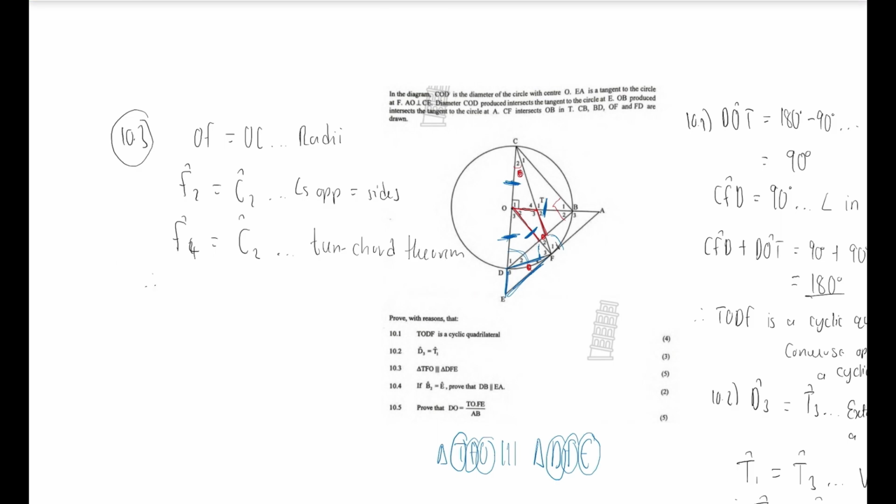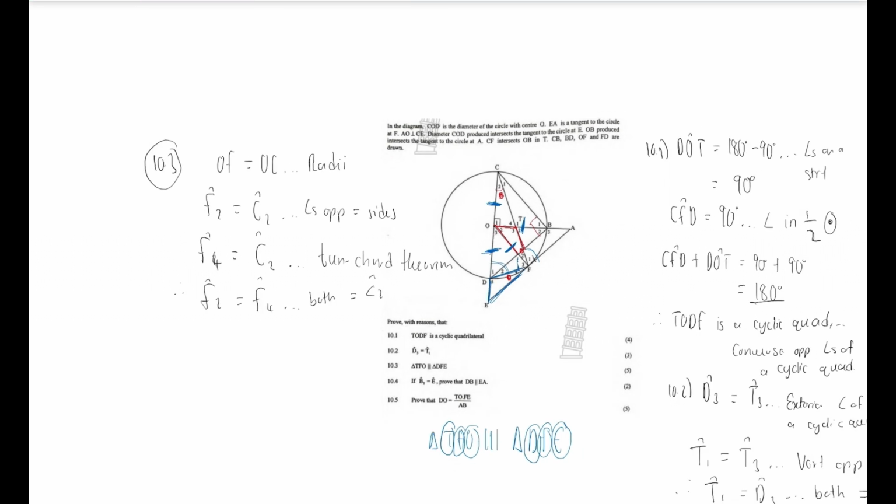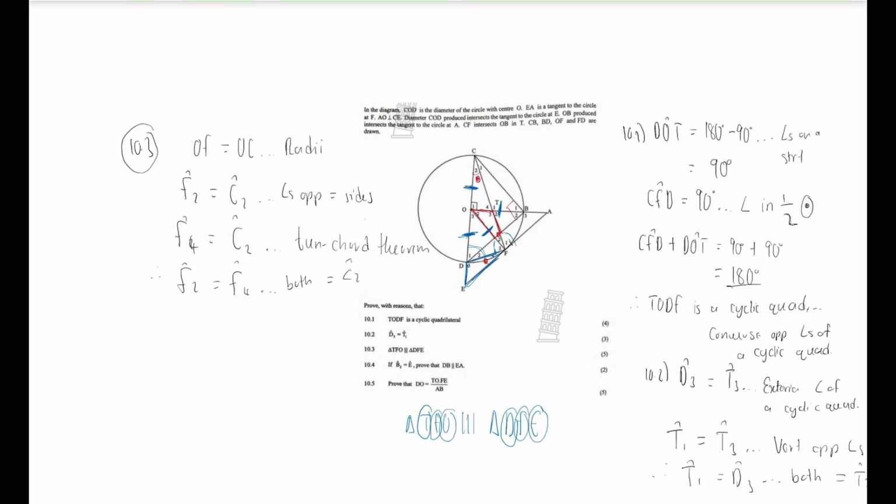And therefore, angle F2 is going to be equal to angle F4. Why? Because they are both equal to angle C2. So now we can start to set out our statement for proving similarity. In those triangles, TFO and triangle DFE, we already know that in triangle TFO, we have T3 equals D3, right? So angle T3,